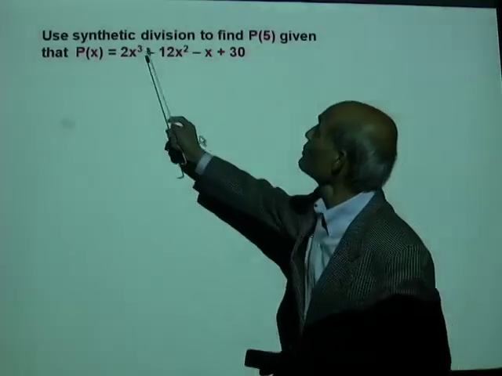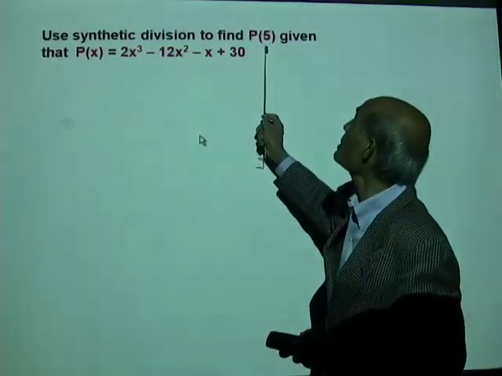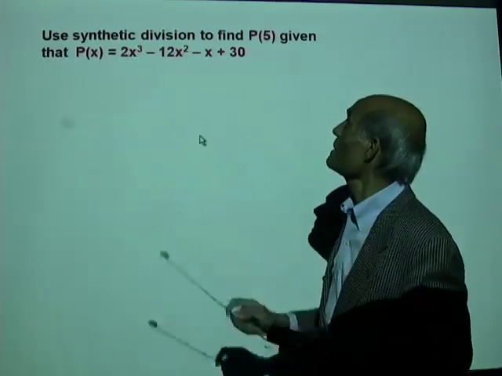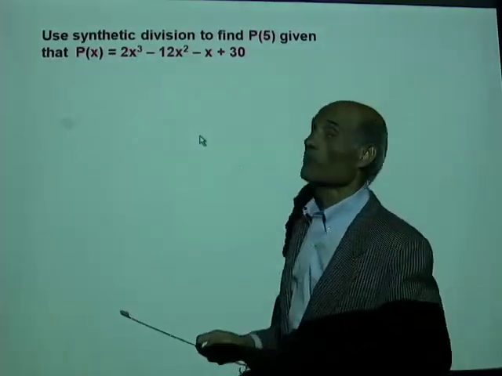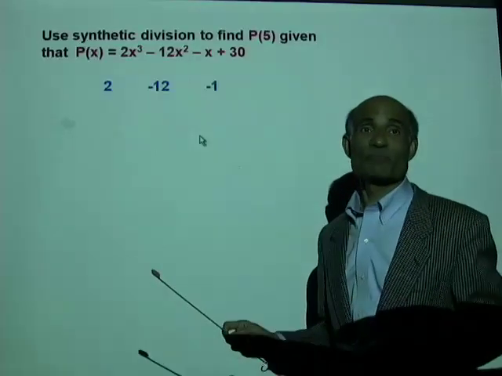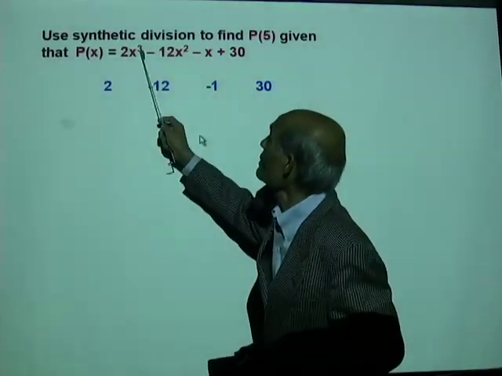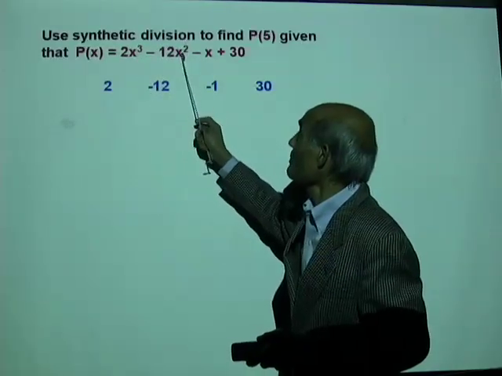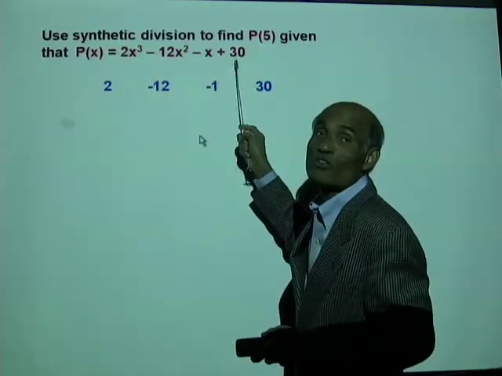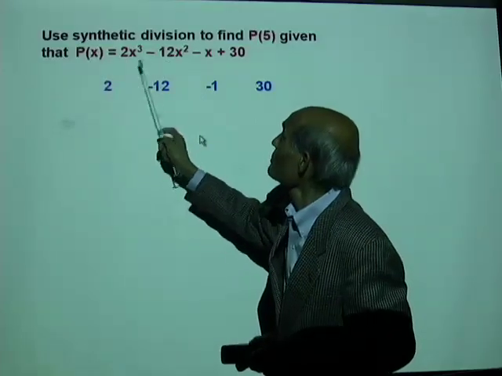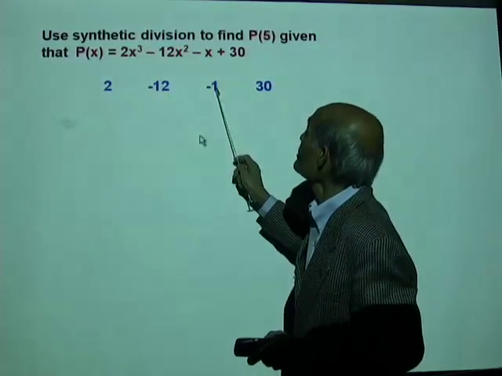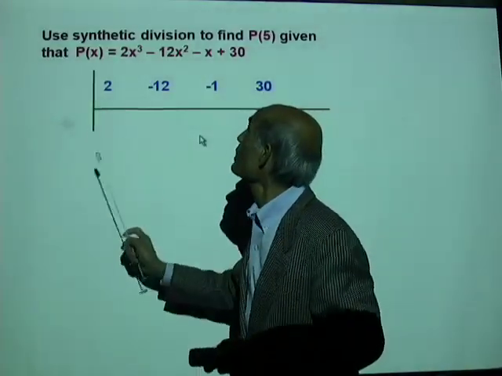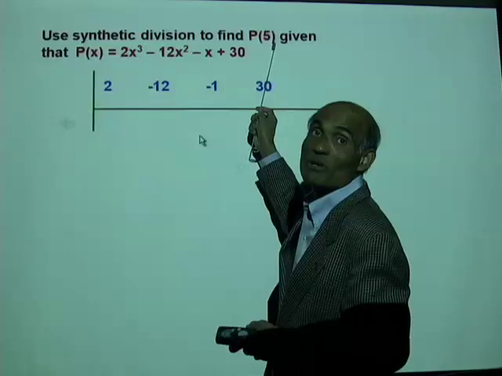Another one. Use synthetic division to find P of 5, given that P of x equals 2x cubed minus 12x squared minus x plus 30. Alright, let's pick the coefficients. First of all, check if all the powers are there. Power 3, power 2, power 1, constant term. So pick the coefficients: 2, negative 12, negative 1, 30. Horizontal line, vertical line, and the number we're going to use